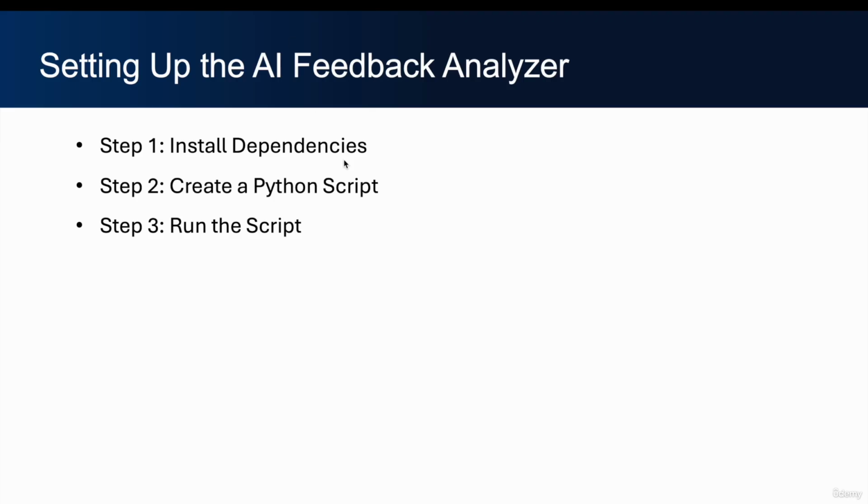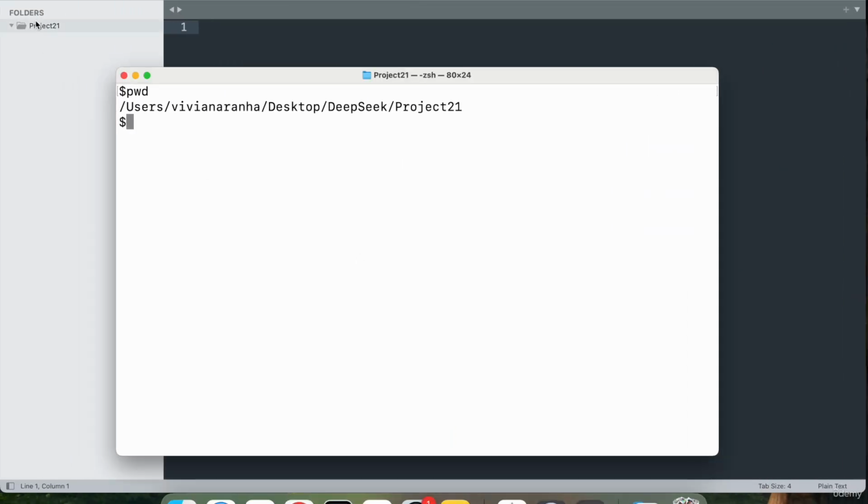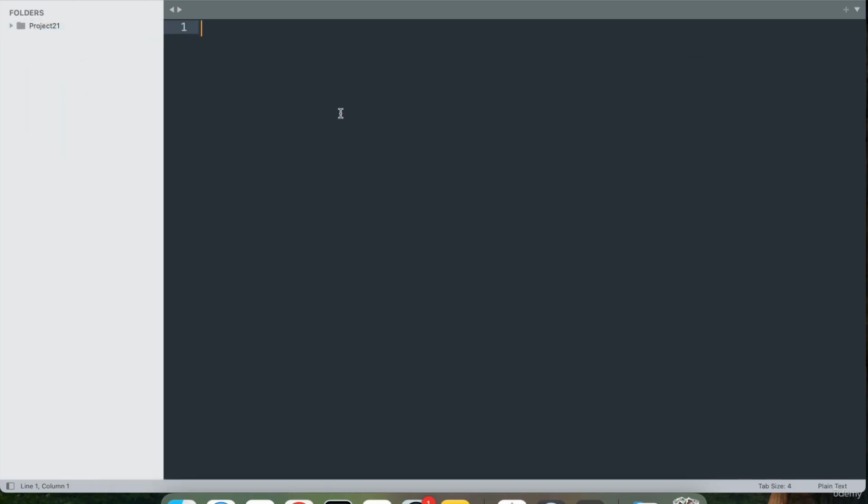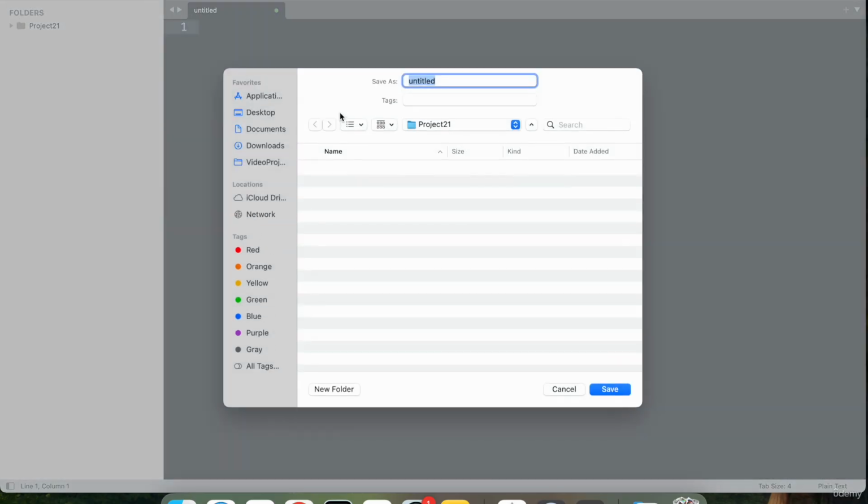So let's go ahead. First step, I already created Project 21. Inside this folder, I'm going to go ahead and check if I have requests and Gradio. Looks like I have, because I've been working with those for all the projects. Next, I'm going to create a Python script. So I'm going to go here, create a new file, save this file as feedback_analyzer.py inside